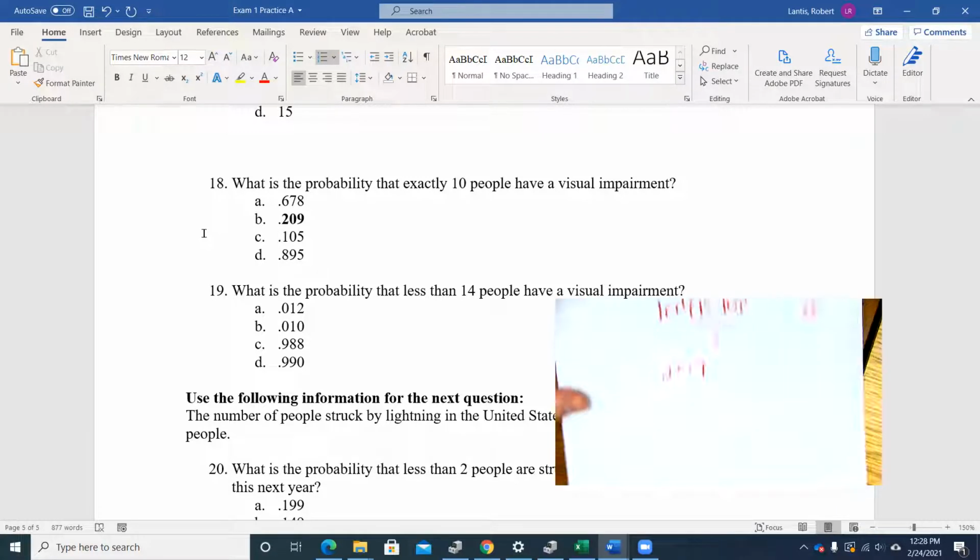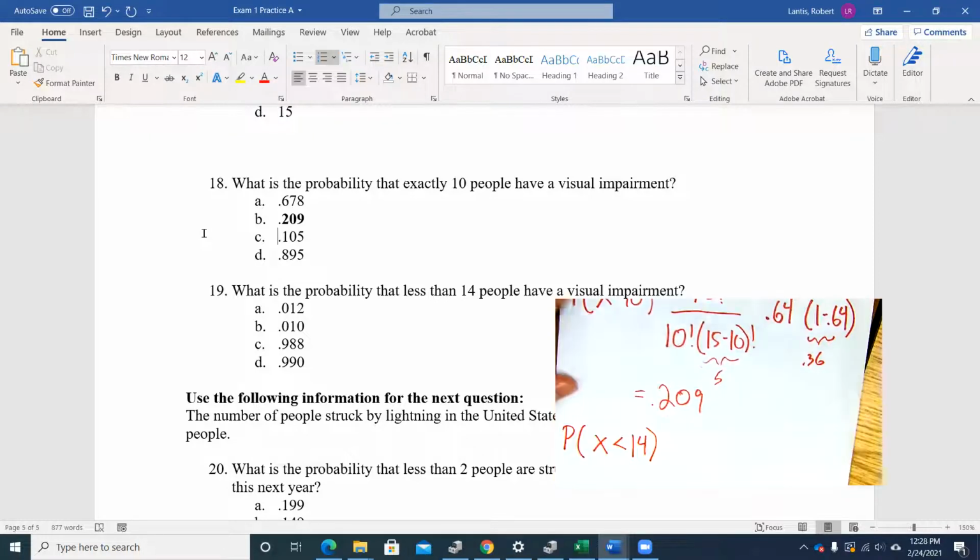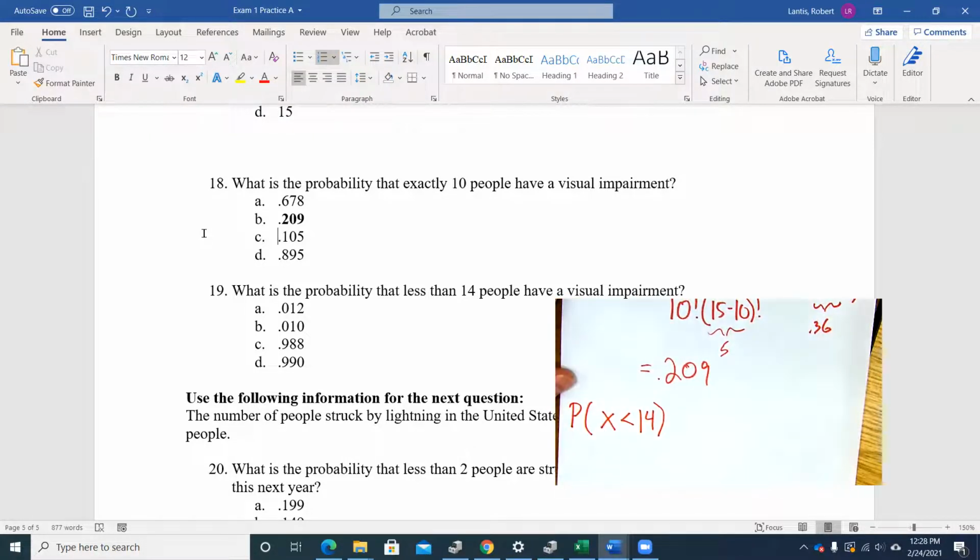Okay. So what if we keep running with this same setup? I'll actually leave this up here as I talk about the next one. But in problem 19, I want to know what's the probability that less than 14 people, so x should be less than 14. Well, if I think about anytime I want to find the probability of an event,